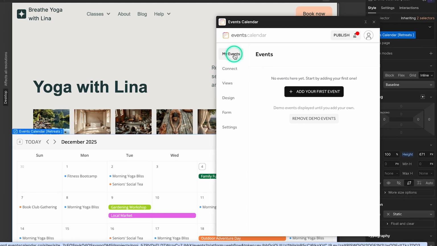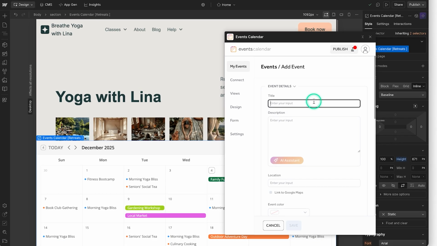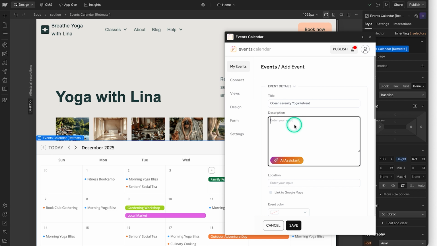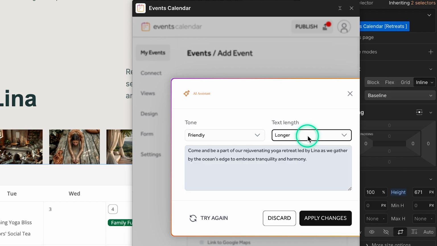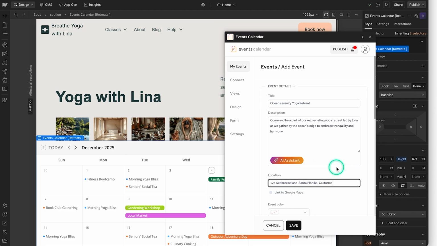Now let's create your first event. In the Events tab, click the button that says Add Your First Event. Type in a title and a short description. You can even use the built-in AI assistant to refine your text, perfect for making descriptions short and precise, or longer and more descriptive. Then add the location,